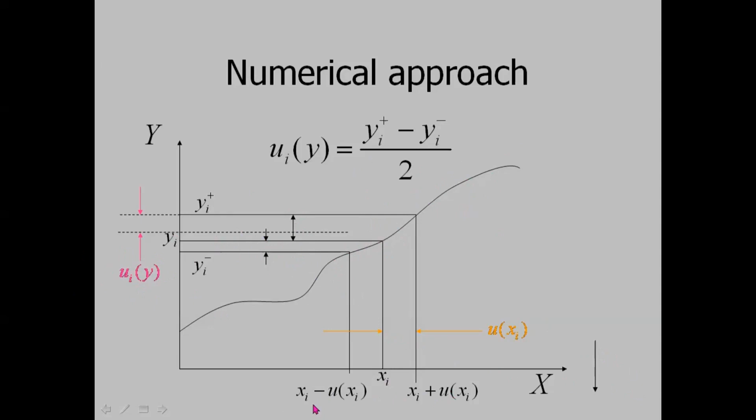So this is the standard uncertainty of x: x plus standard uncertainty, x minus standard uncertainty. X is a random variable, and a random variable is denoted by capital X. Y is the result. A particular value of x is denoted by xi. So at a certain value of x, we determine what the y is, and then we determine yi plus and yi minus. (Yi plus minus yi minus) by 2 will directly give the uncertainty in y. Okay?